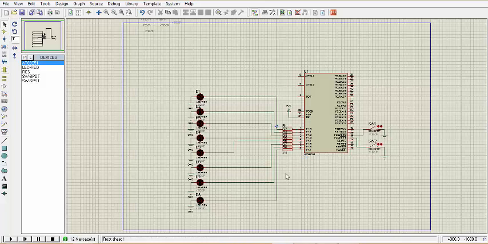Here we have used only two values, which are FF and 02. So the addition, the subtraction, and the multiplication will be happening with these two numbers. This is the MSB and this is the LSB of the 8-bit port 1 value. Now let us run this and see the addition. As we can see, FF and 02 have been added successfully, and the value 17 in decimal, which is basically 11h in hexadecimal, has been displayed over the LEDs.